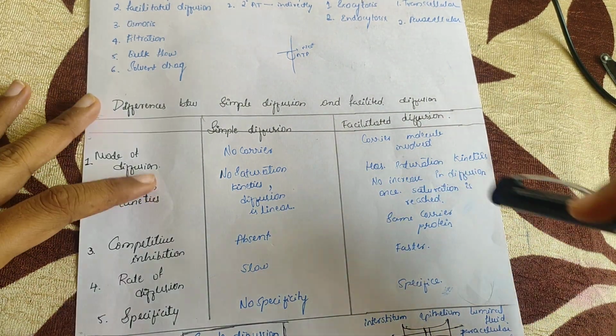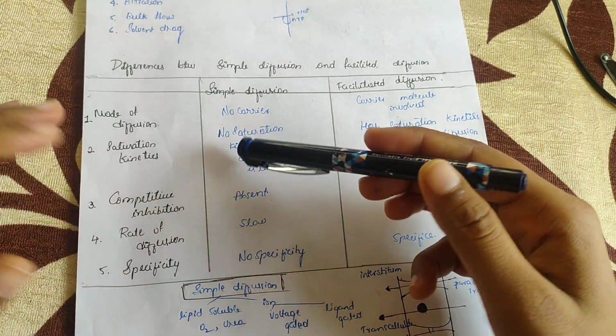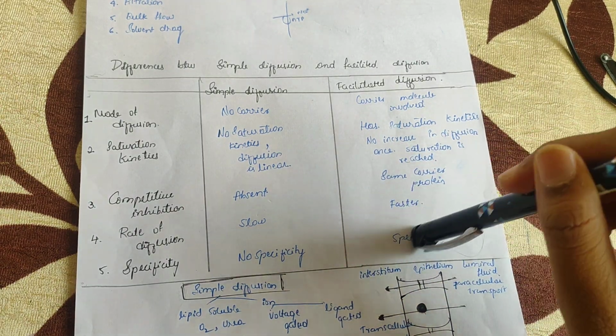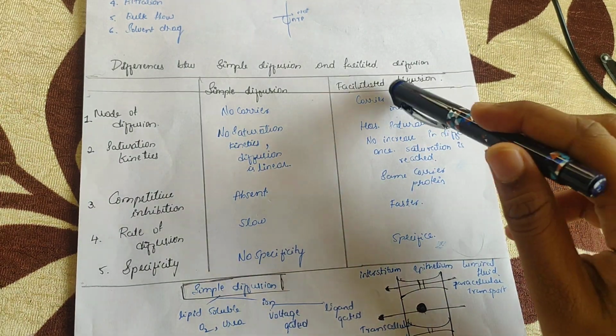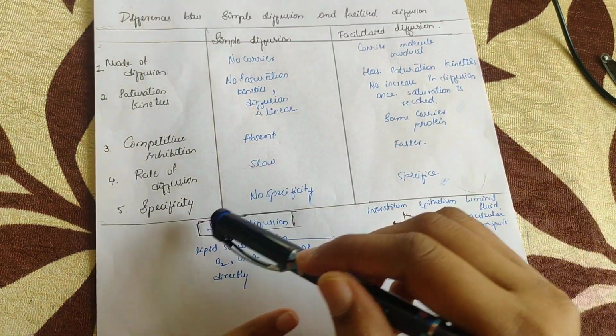The rate of diffusion in simple diffusion will be slow, as the substances have to cross through the bilipid membrane. So in facilitated diffusion it will be faster. Specificity: simple diffusion has no specificity because it doesn't depend on any carrier protein. In facilitated diffusion, substances are specific to their carrier proteins, so specific proteins are required. And again, in simple diffusion we can